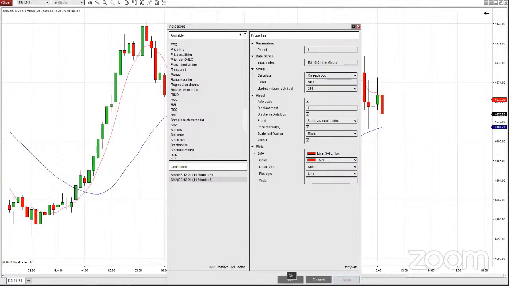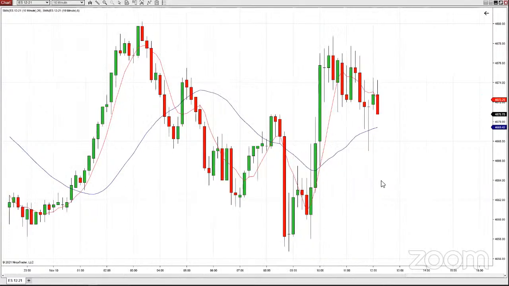So it's going to be less diluted, right? So it's going to move quicker. It's going to be more choppy. And you can see it's a little bit more choppy, and it's kind of crossing below the blue line, above the blue line, below the blue line. So it's called the fast moving average because it's using less data points to get the answer, right? And so any given data point is going to have a greater effect on a fast moving average than it would have on the slow moving average.